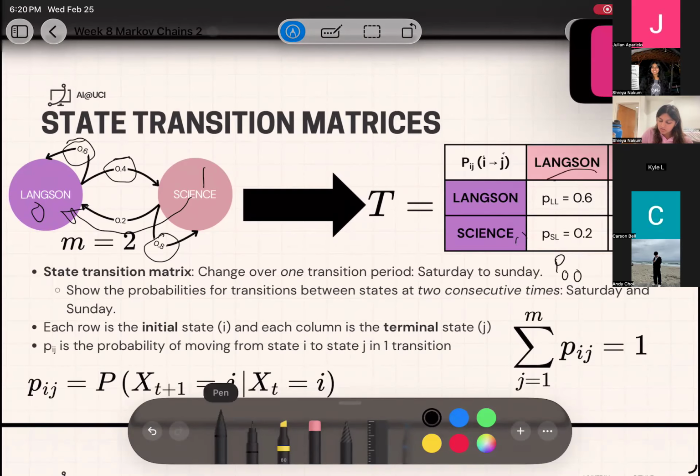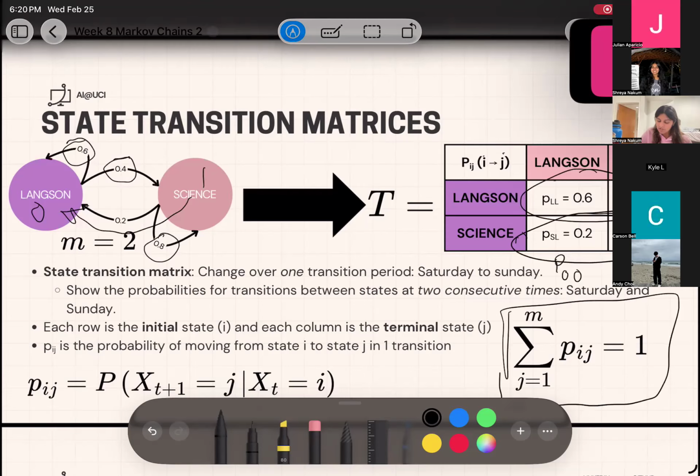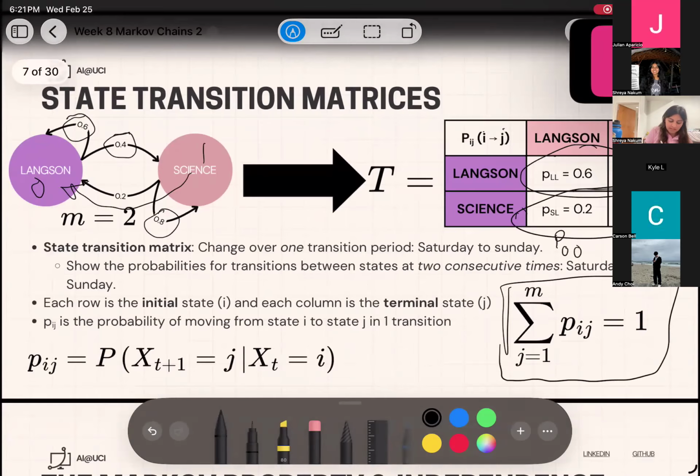Now, if you notice on the same thing I mentioned earlier, these rows add up to 1. This adds up to 1. This adds up to 1. And that brings us to this very important formula, this summation: the probability that you go from Locked In to Locked In, plus Locked In to science, or I don't know, Locked In to Gateway, Locked In to the ALP, Locked In to ICS, that will always add up to 1. It'll always add up to 1. And this equation here is going to be very key.